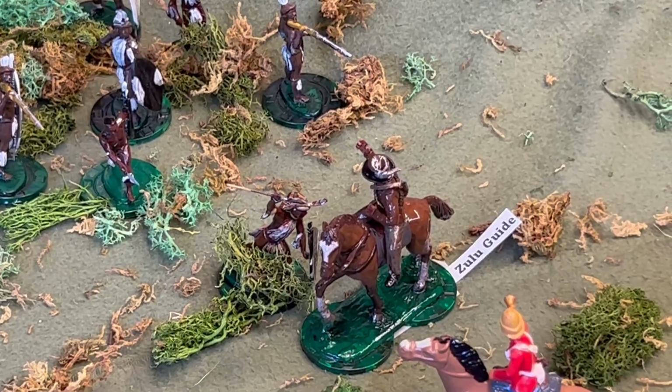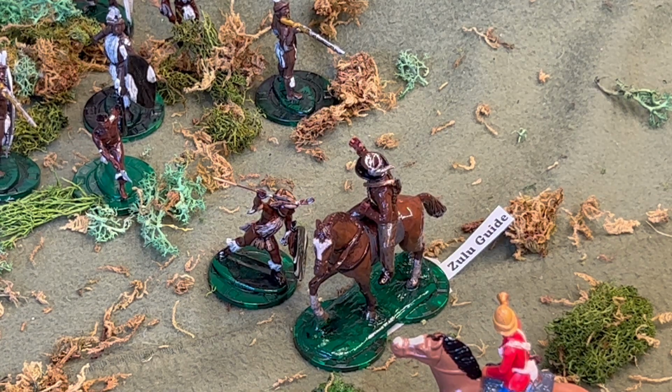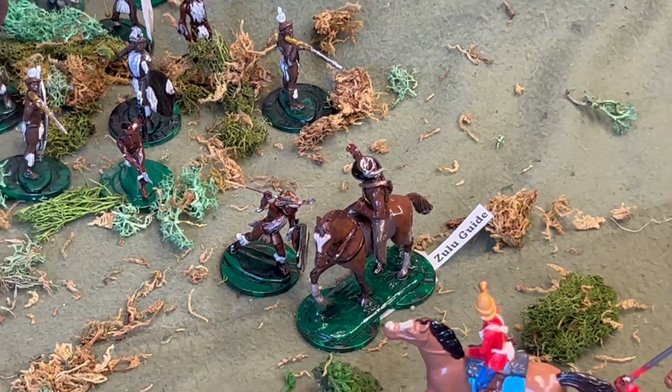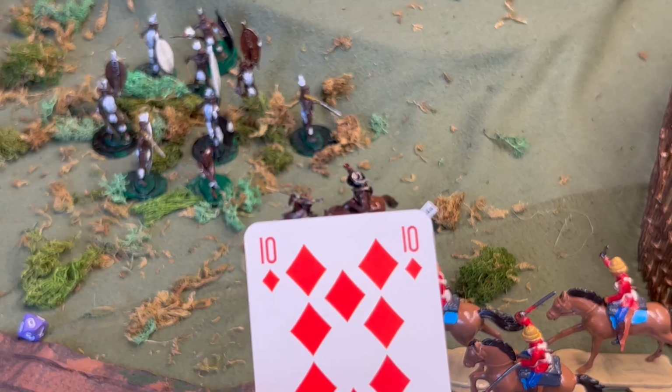So he got pretty close, so we're going to go ahead and have the Zulu stab with a 10, which is a miss. And then our Zulu guide, I'm going to say he's armed with an assegai, and he's mounted, so he'll hit on a 1 through 8. So our Zulu guide actually stabbed our Zulu warrior, and let's see what happened to him. Oh, it's only a flesh wound, nothing. So they're duking it out,